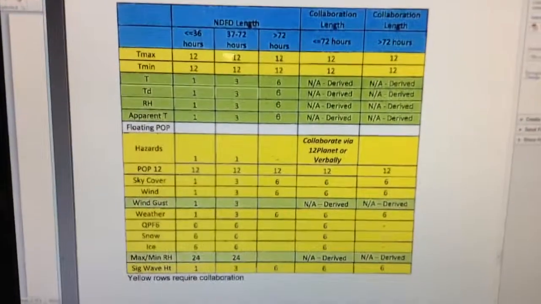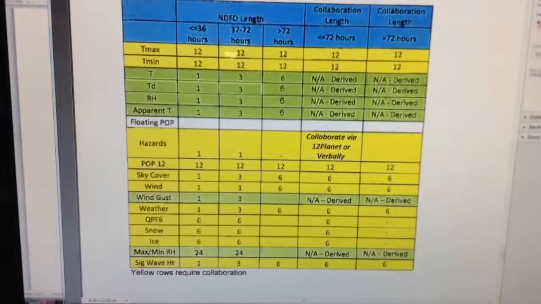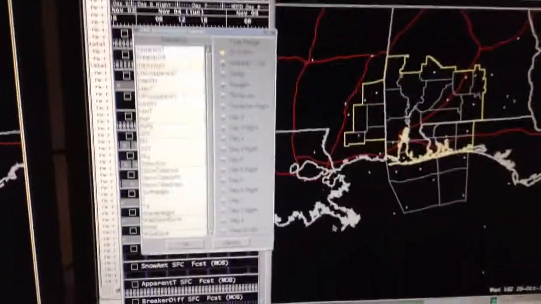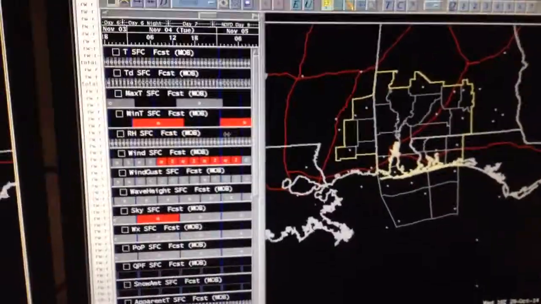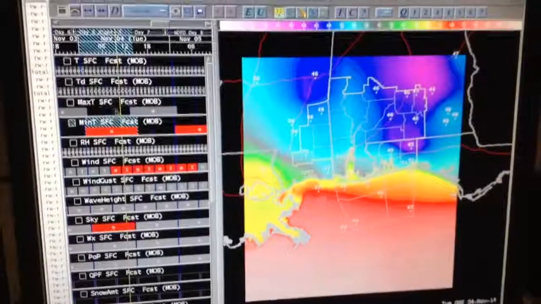You see that your max and min T, your POP, sky cover, wind, weather, QPF, snow and ice, which isn't that much of an issue for us down here, hopefully, and your significant wave height. So you would come back in here, you would run that, and I've already done that, and I'm going to hit cancel, and you'd see that I had some that were lit up, and then I would go and look and see